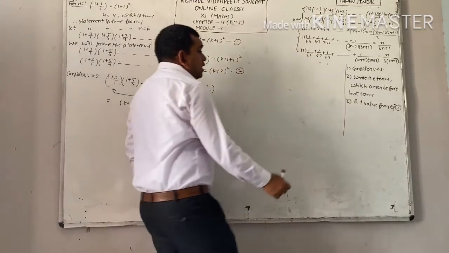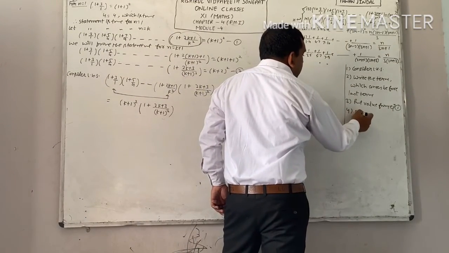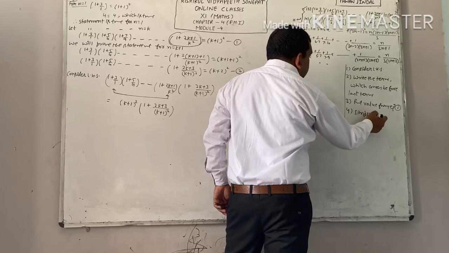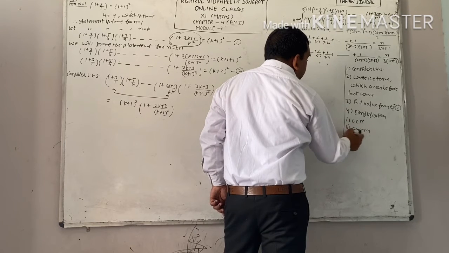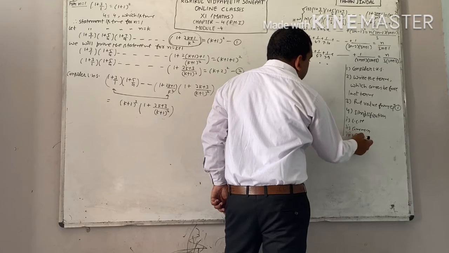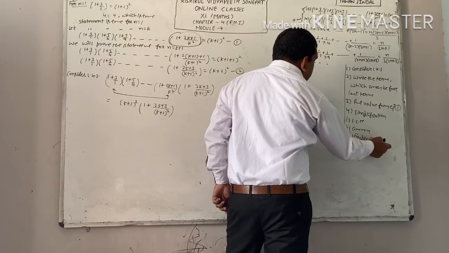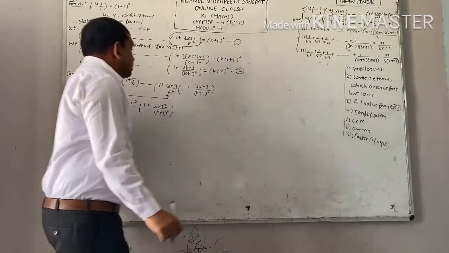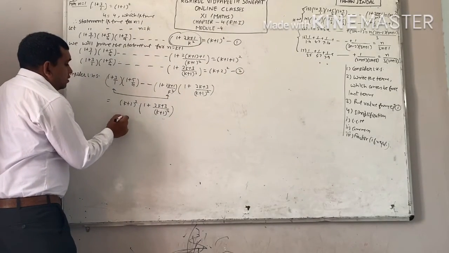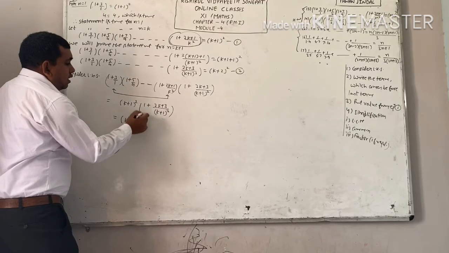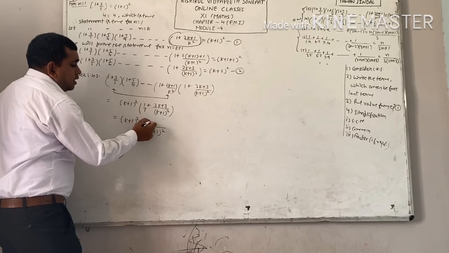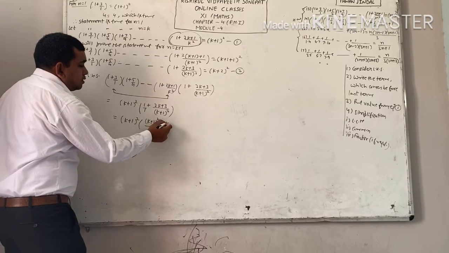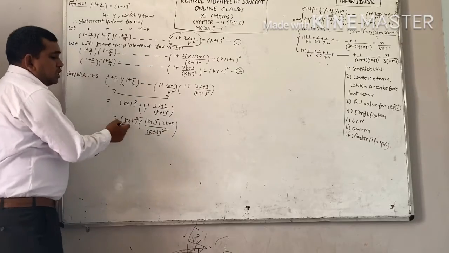And the last step, that is your simplification. And for simplification there are still 3 steps: LCM, common, and third factor if required. In case of quartic or cubic, we will make factors. Now see how we do. This is your k plus 1 whole square. Now first step is LCM. K plus 1 whole square is LCM. This will become k plus 1 whole square plus 2k plus 3. This k plus 1 whole square is cancelled out.